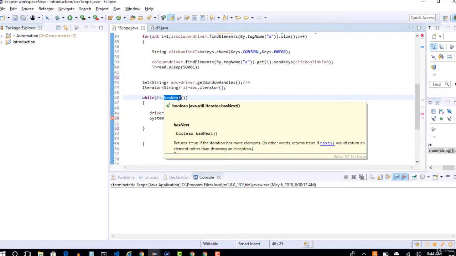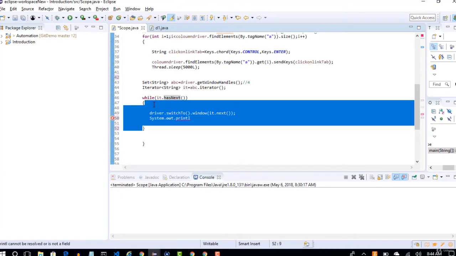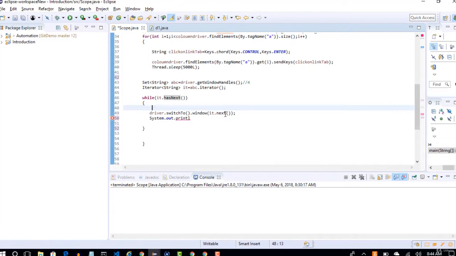Please remember that there is a difference between hasNext and next. hasNext tells us whether the next index is present or not, and when you say it.next, it actually moves to the next index. So here the condition we are putting is, if it is present, then move, right?